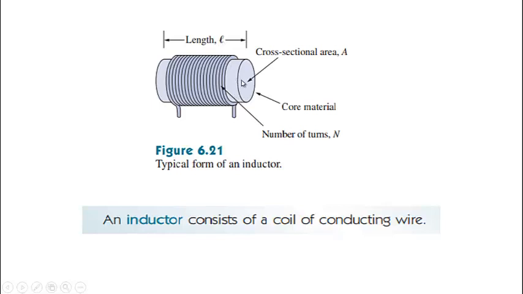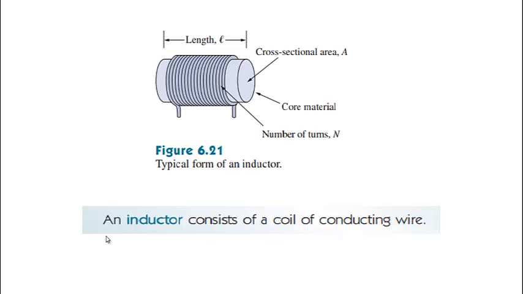We can have an air core inductor where instead of a solid core we have air, but generally we have iron core inductors where they are wound on the iron. The length of the iron core may be considered to be L, and the area of the iron core to be A, and the material is also important, and the number of turns. The more the number of turns, the more will be the inductance. You will see why it's like that.